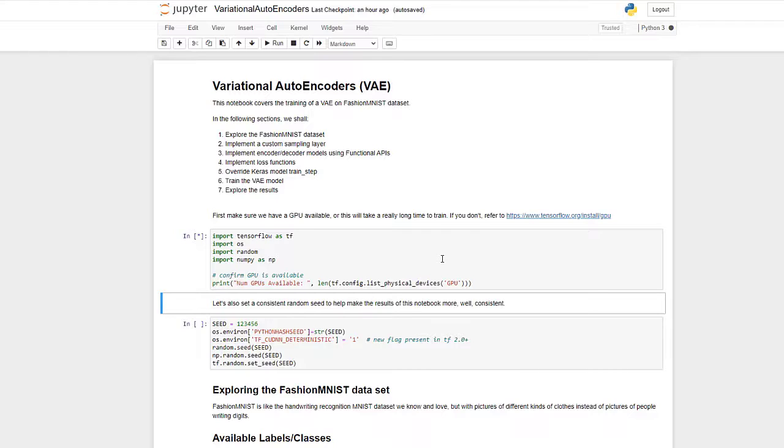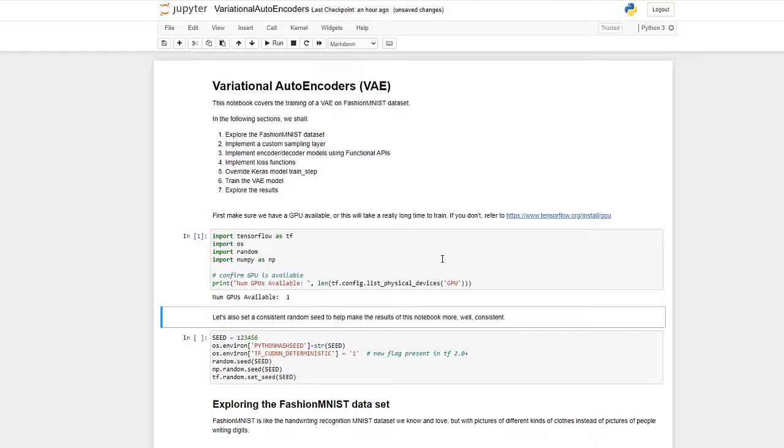I can hear my hard drive chugging away as it loads up TensorFlow. All right, the chugging is slowing down. We have 1 GPU available. That's enough. But if it says 0, again, you're probably going to want to stop and either go install TensorFlow GPU or just watch the video without following along, because otherwise both VAEs and GANs will take a long time